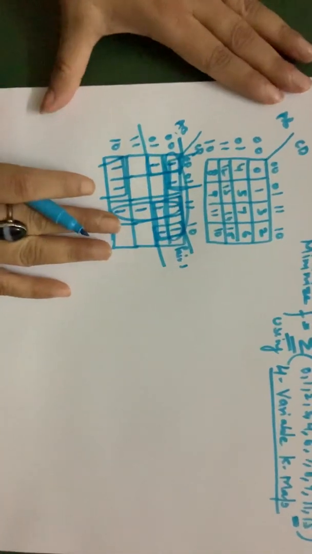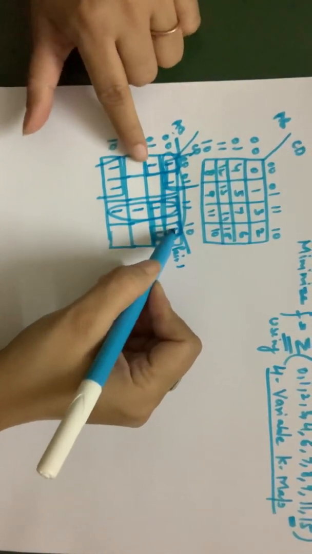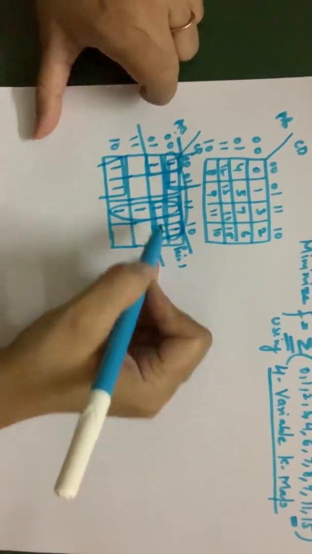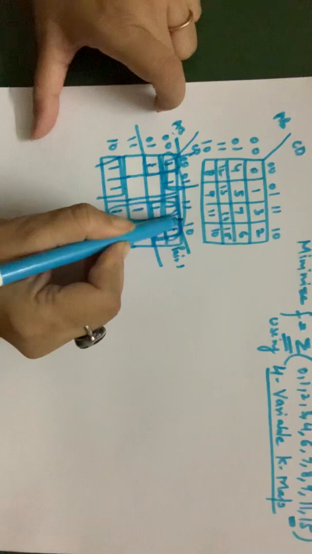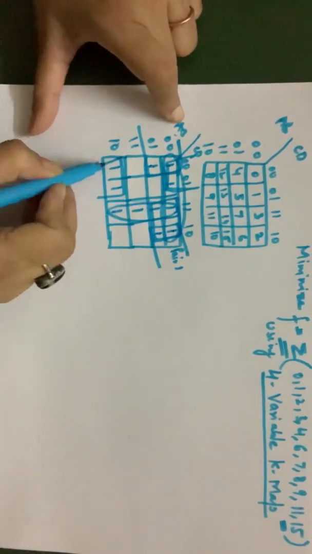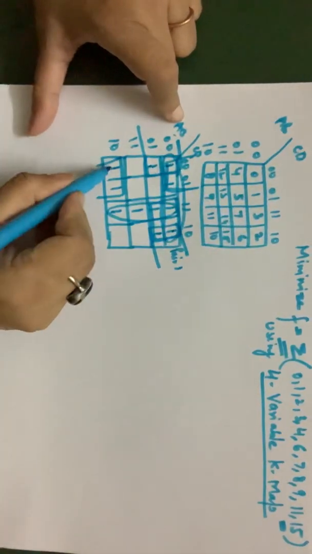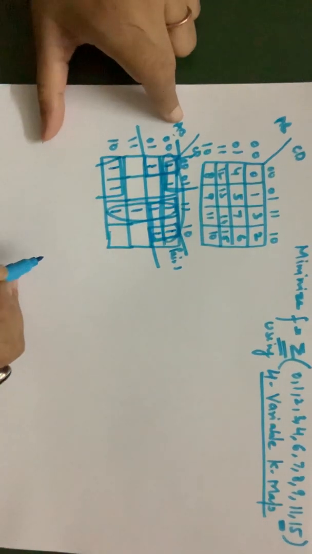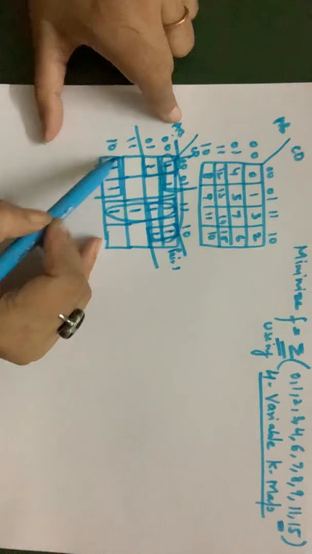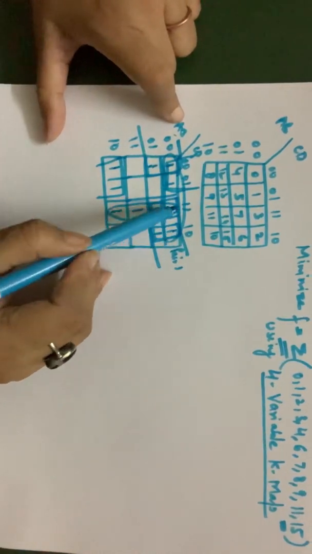I'll just show again how I did my grouping. You can see when you overlap this one, this one, this one, this one, these 4 ones are making one group. All 4 are making one group. These all 4 are making another group. Then this one, this one, this one, this one, when you come from top to bottom or bottom to top, these 4 ones will overlap each other. So this will be my fifth group. So we have groups 1 and 2, and these 4 ones overlap in 3 and 4.